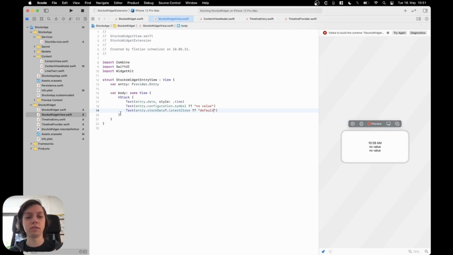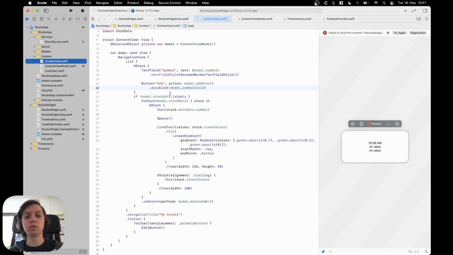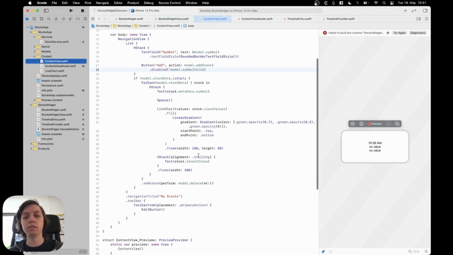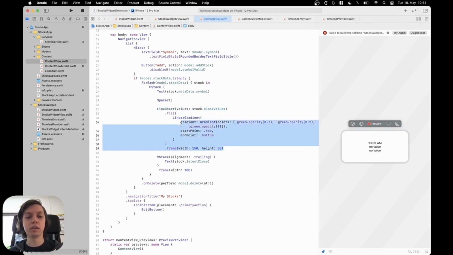So let's do that real quick. For that, what we can do is look into our content view and see how it is implemented here. Okay, so it just takes the close values of the stock data. So actually, I think we can just copy all of this code here. So let's just copy it,